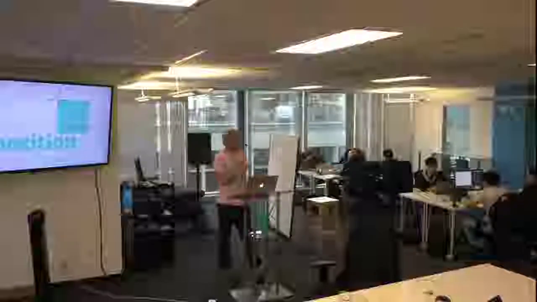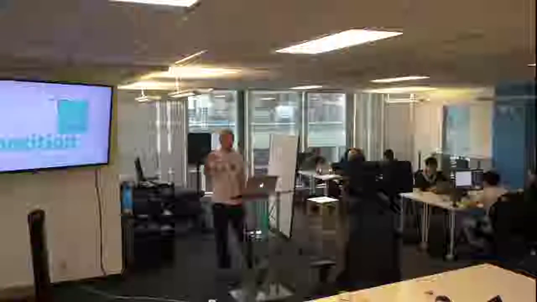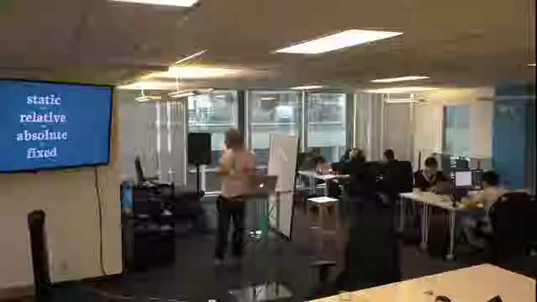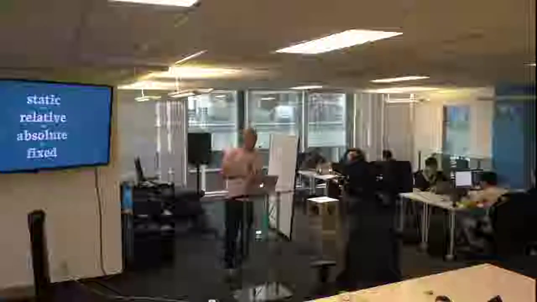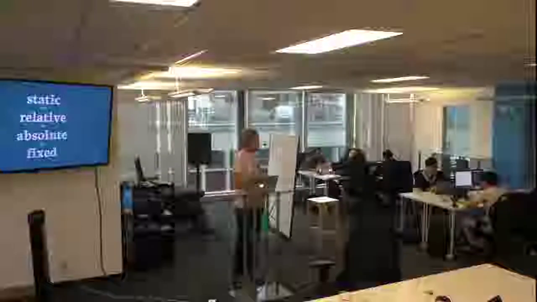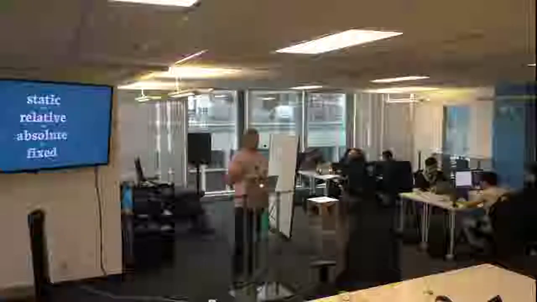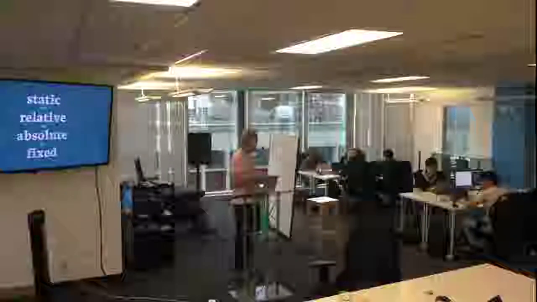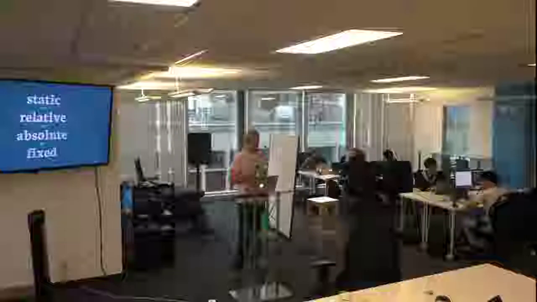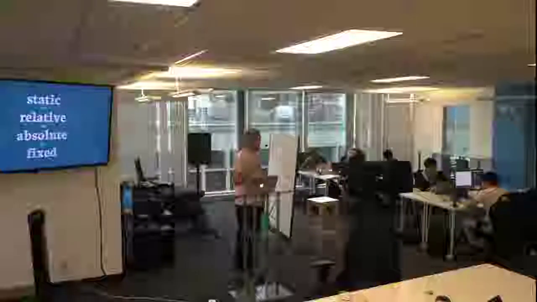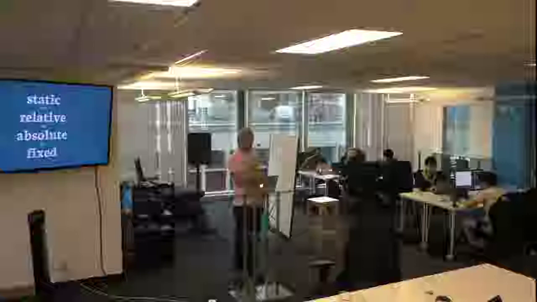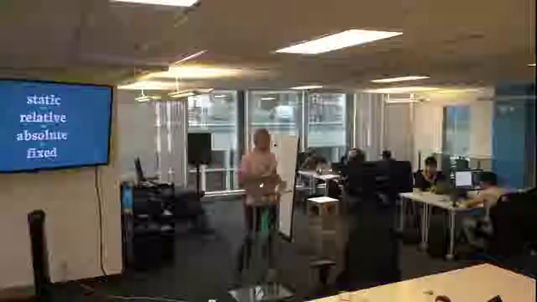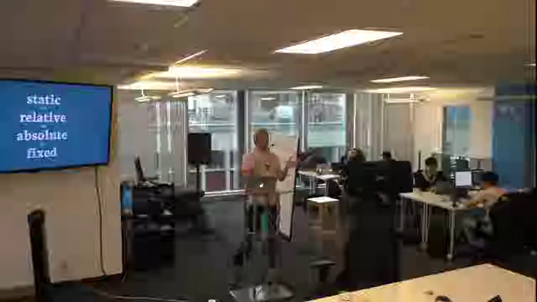And we have a position property with a number of possible values. Here they are. Let's say these are the values for position. Static is the default for everything, it seems. I haven't found something that actually has a different default position. Maybe you find it, let me know, that would be awesome. But for now, if the position property has not been set, it will be a static element. And what this means is it's just going to behave in the way that the layout engine positions it.